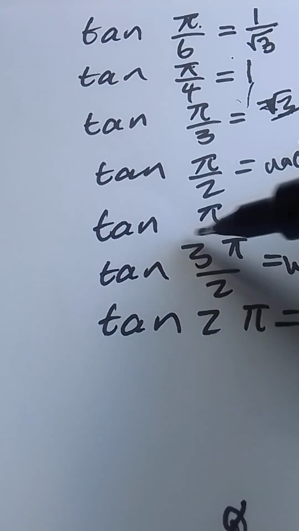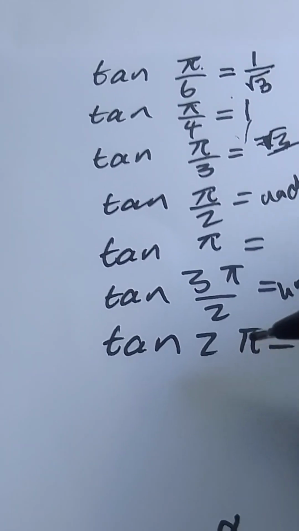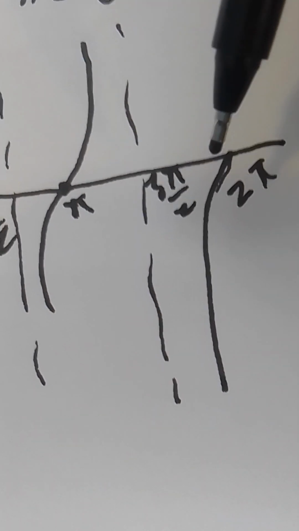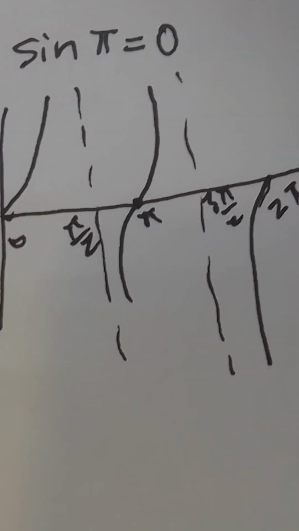Then we have tan pi and tan 2 pi. Right. Now at pi you can see it's 0. And at 2 pi you can see it's 0. So yeah, it's 0, it's 0. You can set the center point